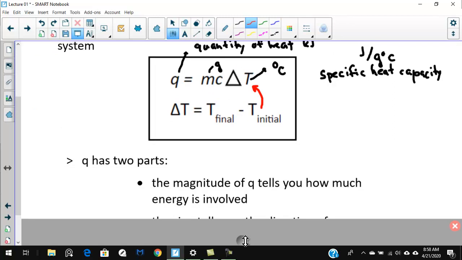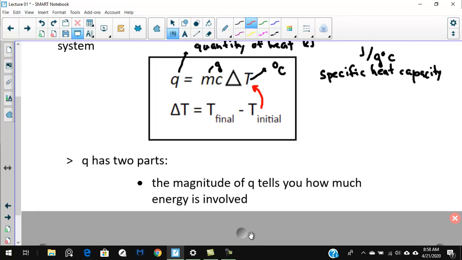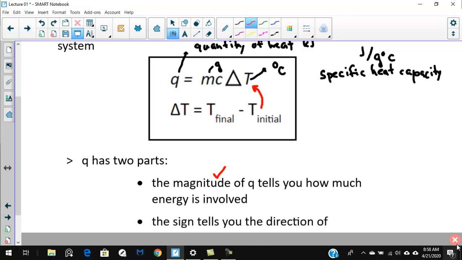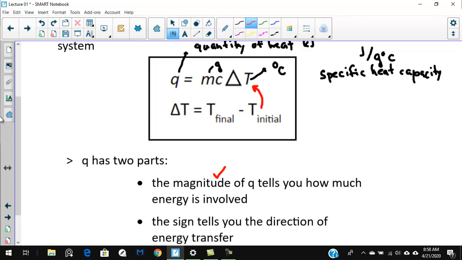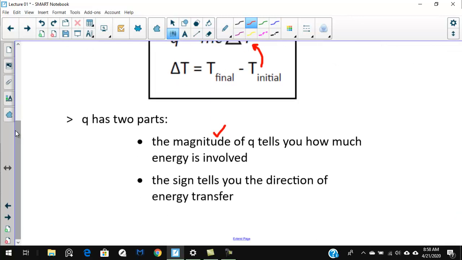Okay. Now when we calculate Q, Q actually has 2 parts. It has a magnitude, meaning how much energy. So the magnitude would be 232 kilojoules, just telling us how much energy is involved. And secondly, it has a sign. So those of you who've done physics, you know, sometimes we use negatives and positives to show which direction things are happening in. If you have a Q that ends up with a negative value, so like negative 185 kilojoules,